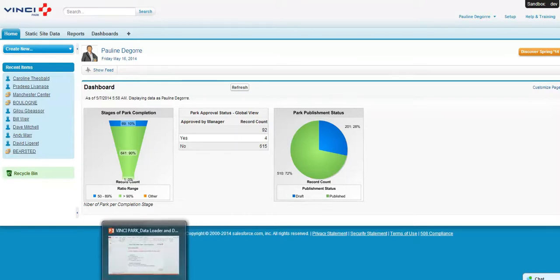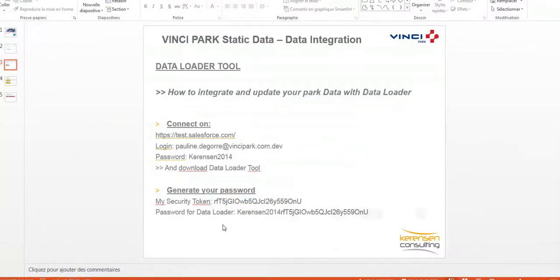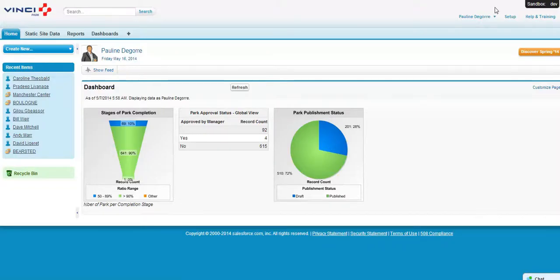And now we will generate a very specific password so that you will be able to connect on Data Loader with your own identity. First of all, you need to generate what we call a security token. To generate this very complex password, you need to go to your environment.